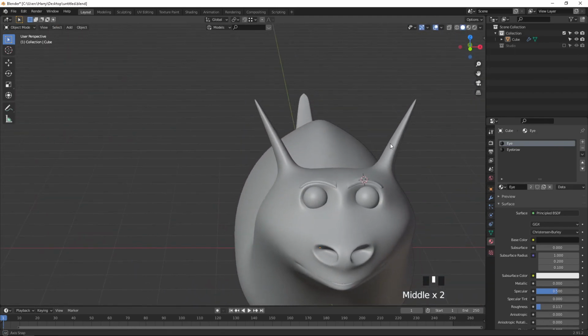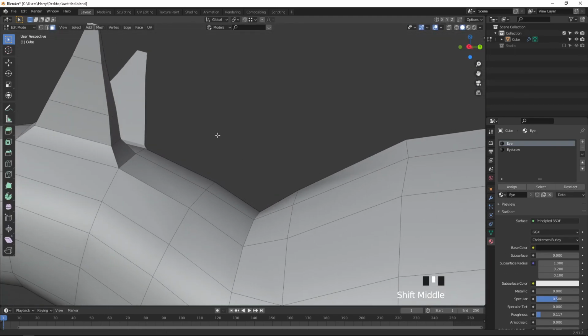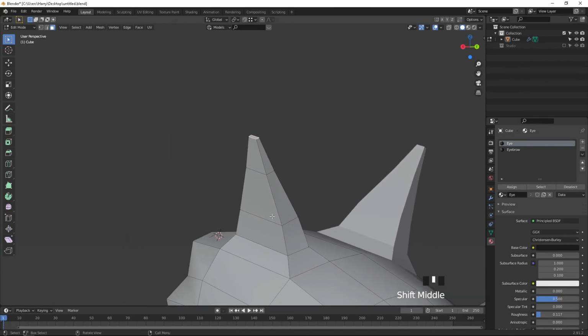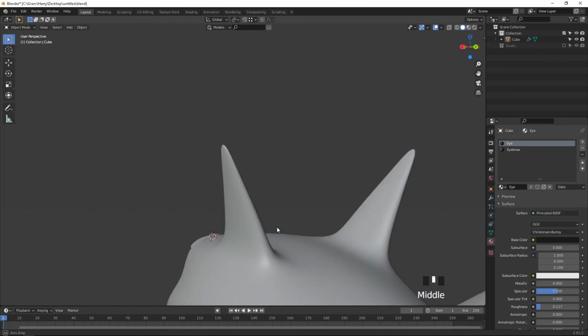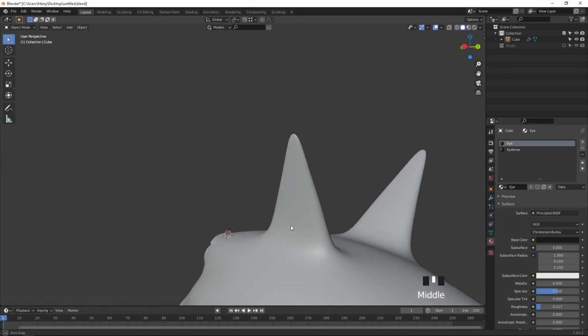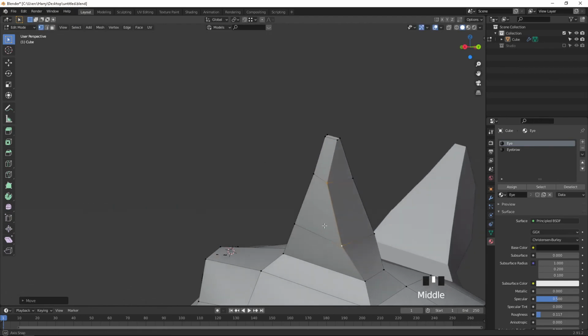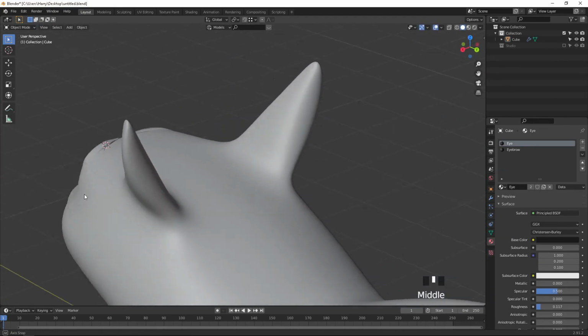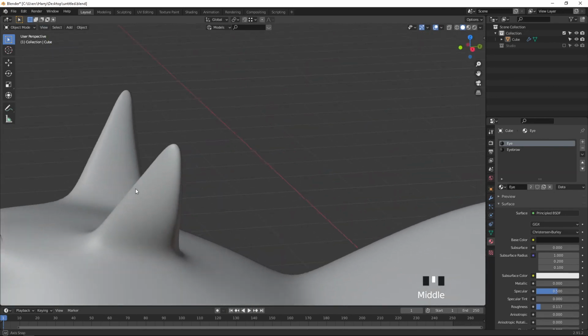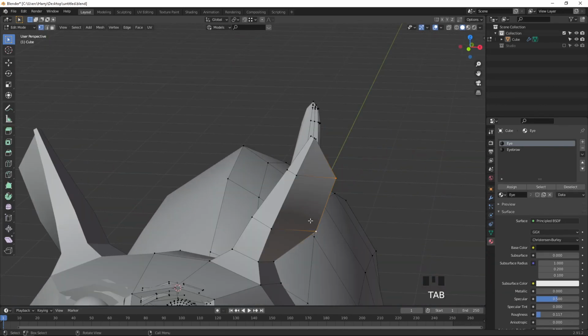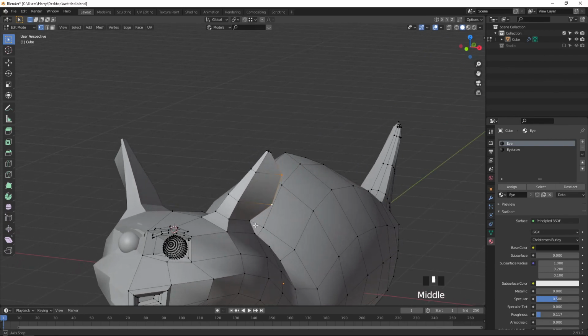Yeah, looks okay, fine. And what I'm going to do is this, press 1 on the keyboard and select these and GX. Okay, fine.